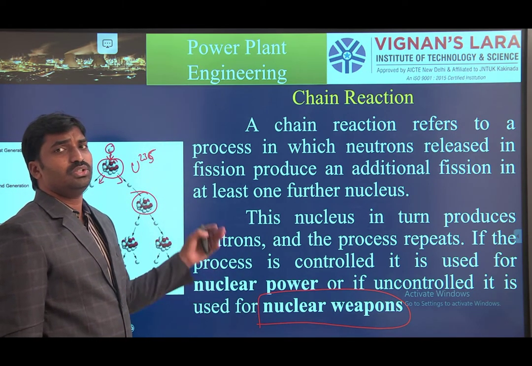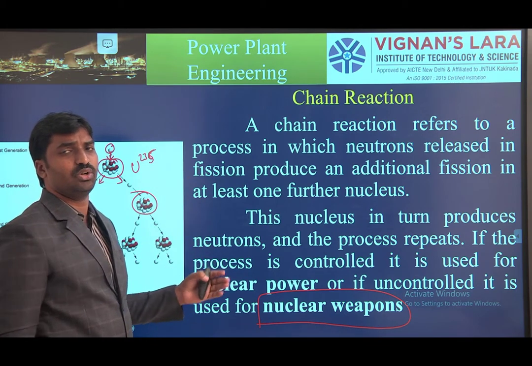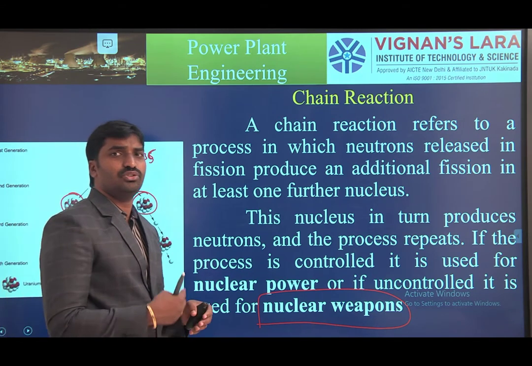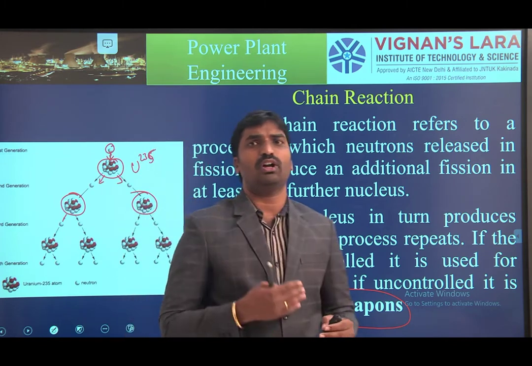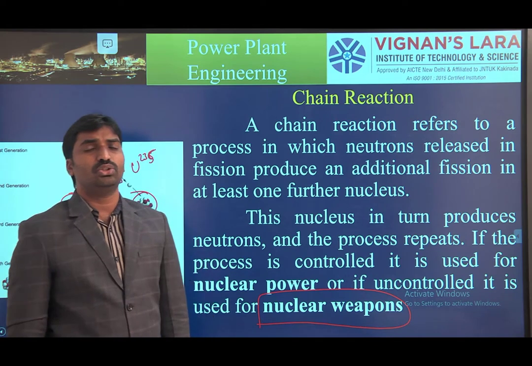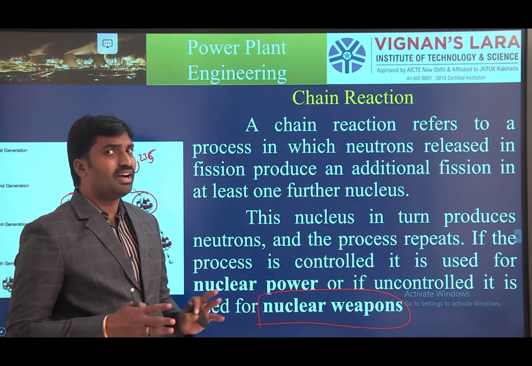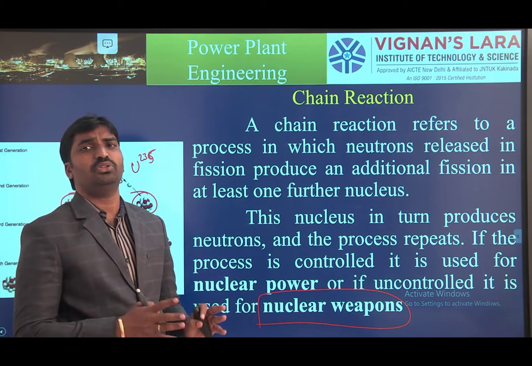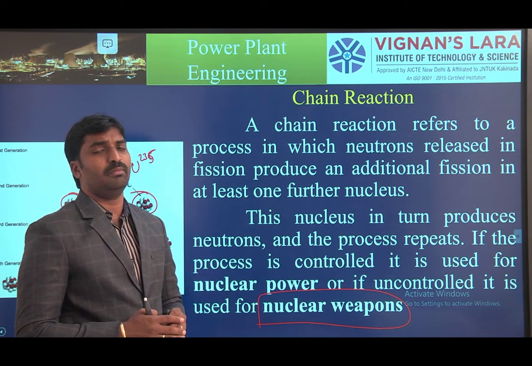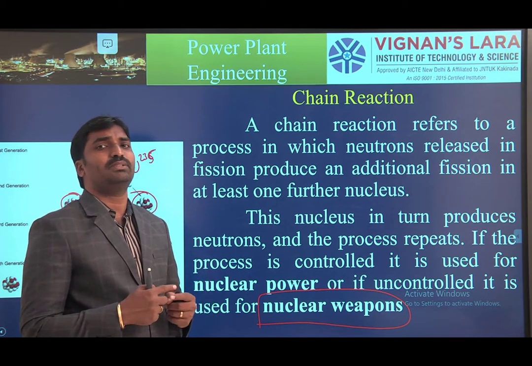These are the elements we generally use, and this is the process. In the chain reaction, a large amount of heat energy is released. That heat energy is used to heat the water, and the water is converted into steam. So the nuclear power plant is also a steam generation process only. But for the material, we use nuclear materials, especially fissile materials like uranium 235 and plutonium 239.